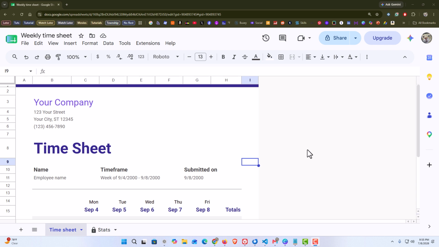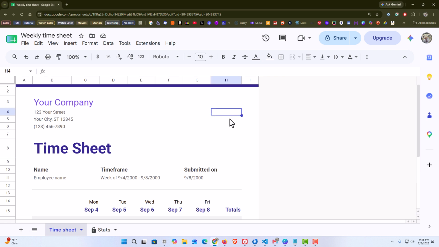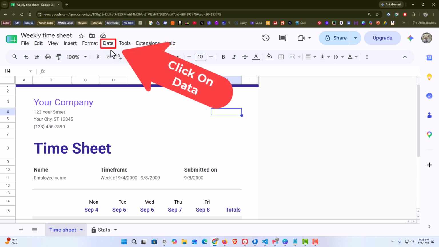To create a drop-down list in Google Sheets, the first thing you want to do is select the cell you want to create the drop-down in. Say that I wanted to select this cell right here. I have my cell selected. Next thing you want to do is go up to the top, up to the Data tab, click on Data,